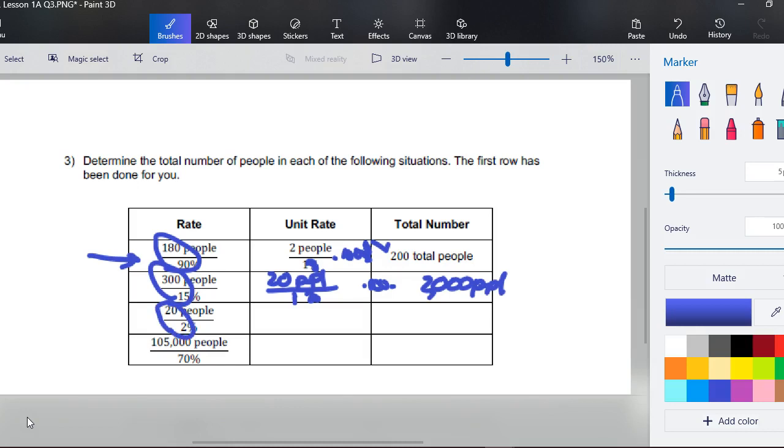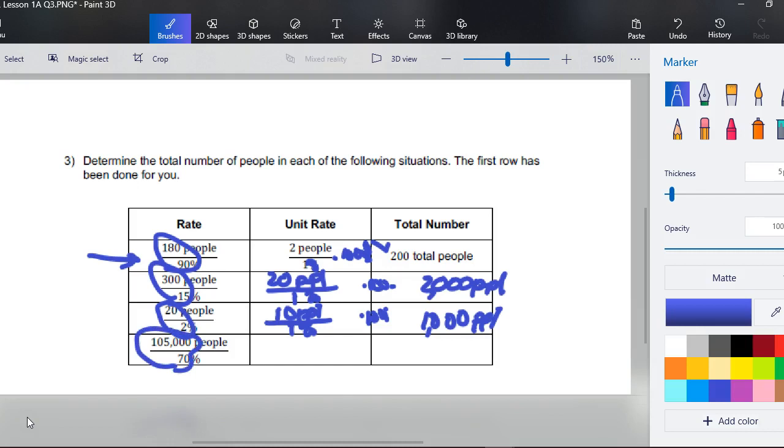One more, well, actually 2 more. 20 divided by the 2 gives us 10 people for every 1%. When I multiply that times 100% to get the whole population, I'm going to get a 1, a 0, and a 0, which is 1,000 people. And finally,